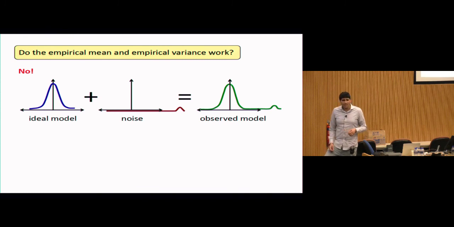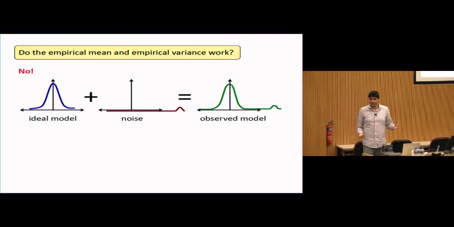So if the empirical mean and empirical variance don't work, does anyone have any ideas about what kinds of estimators might work and might be provably robust? The median, definitely, right? Because when I take the median, even if I add that bump way out in the tails, it's not going to move the median too far away from what it was before. So the median is one of the classic prescriptions in robust statistics that you should use it instead of the empirical mean. But maybe now here's the harder question.